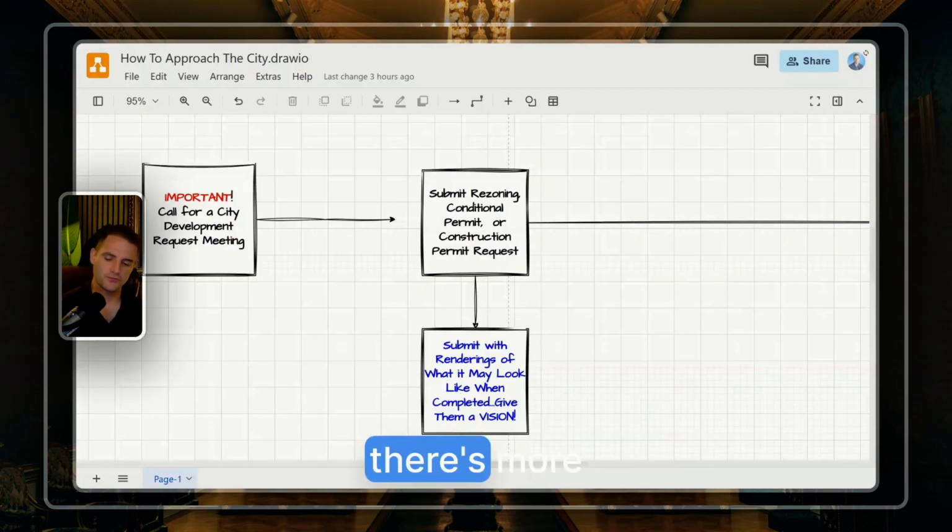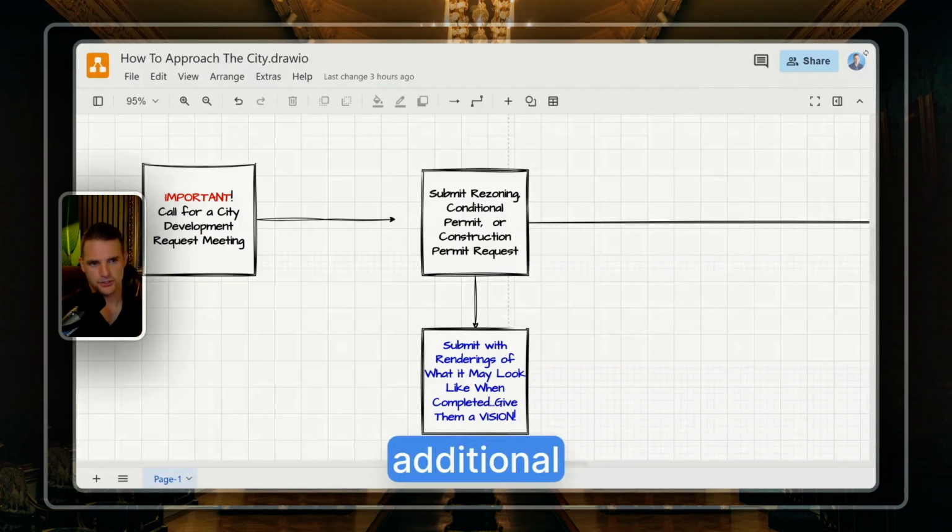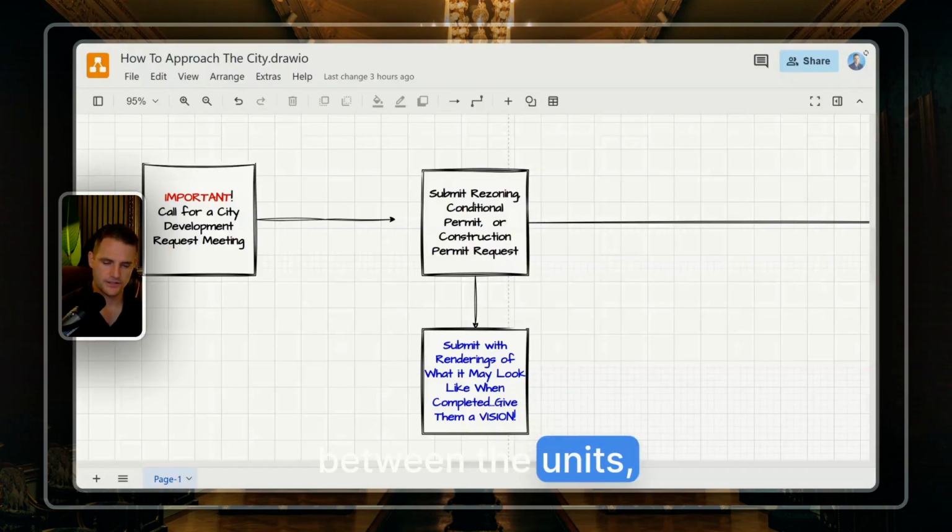Usually that just means there's more drywall, or there's more separation with additional 2x4s or 2x6s that create extra space between the units, which we'll talk about in another training. But there's a lot of things that they're going to ask for.